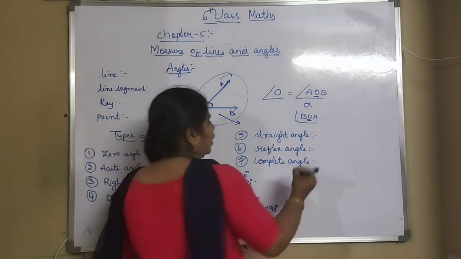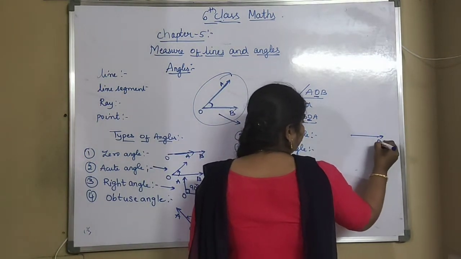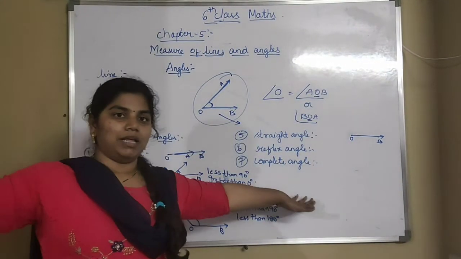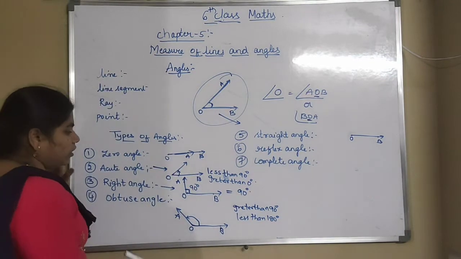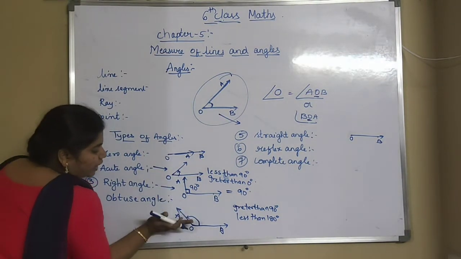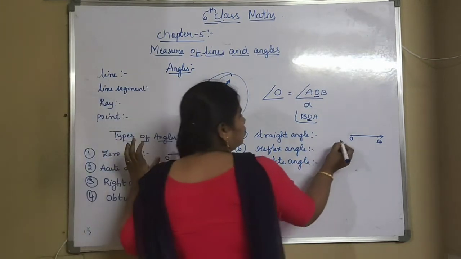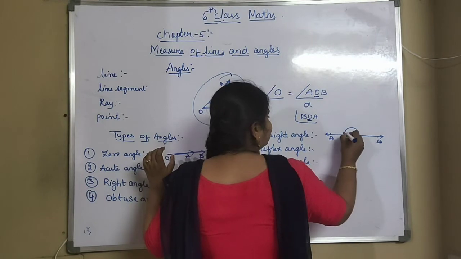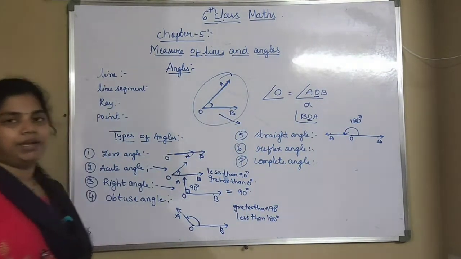Next is straight. Now this is the B ray. This is the O ray. And what do you mean by straight? Straight means nothing but straight. So, you will stand in a straight position, no? In that order. Now A has become straight like this. It came till here. Now it is turning like this. So it will be in this order. So what is this? This is called a straight angle, that is nothing but equal to 180 degrees.